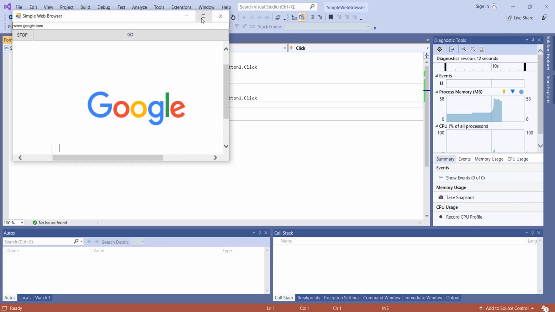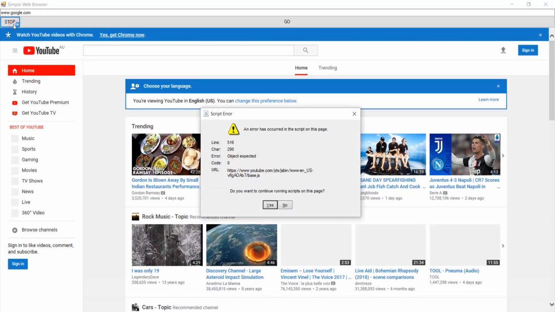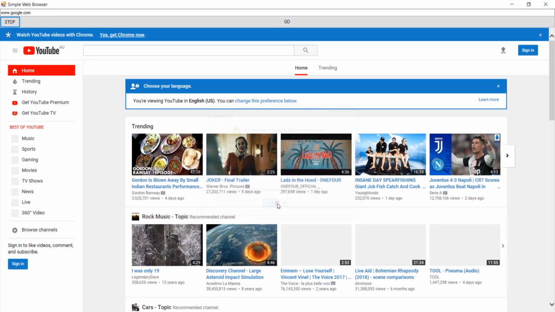And there you go, it works. You may get some errors such as the script errors I'm getting here and other things like that, as it does need a bit more work to make it function properly. I'm going to go further into making a more advanced Visual Basic web browser in a future video series,